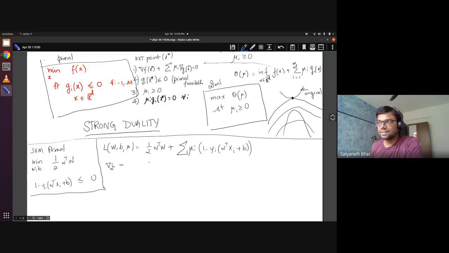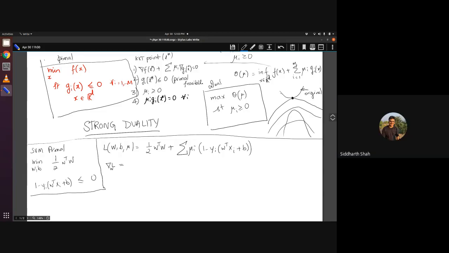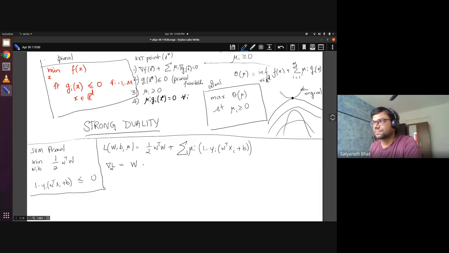I know it is easy, but it will be nice if you can say. Anyone want to volunteer? So W would be the first term. Yes, then come inside. W is a vector, right? W transpose W is a number, but it behaves like your x square. When you take the derivative of x square, you get 2x. In the same way, W transpose W behaves as though it is a single x square.